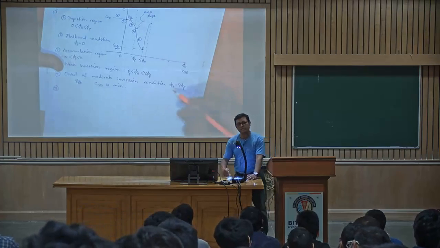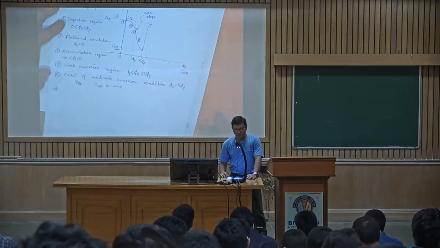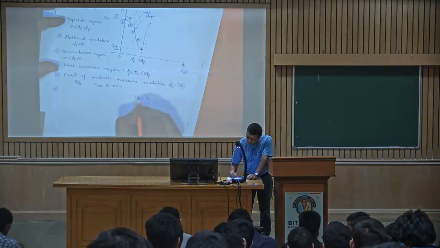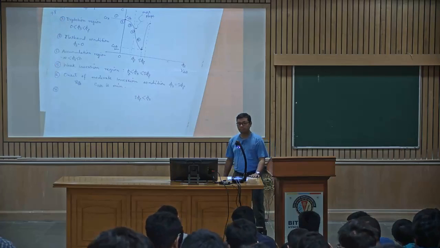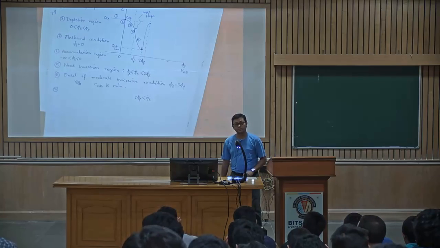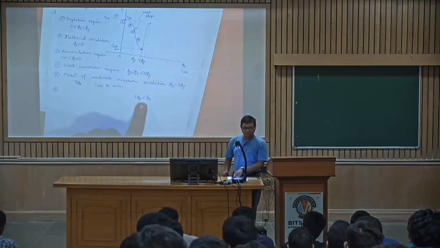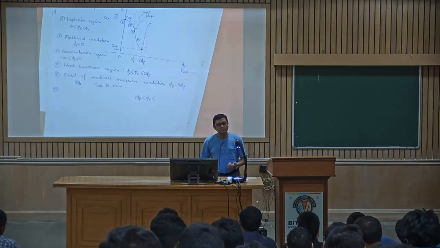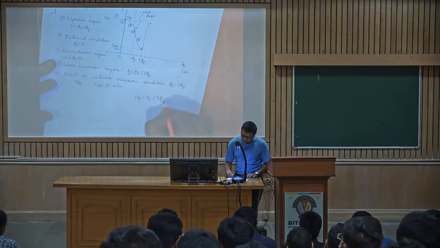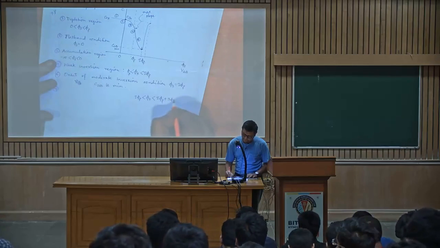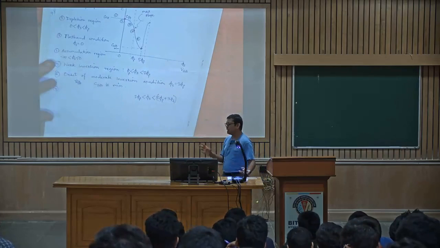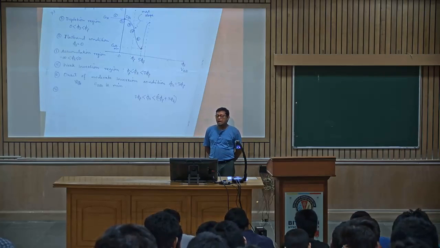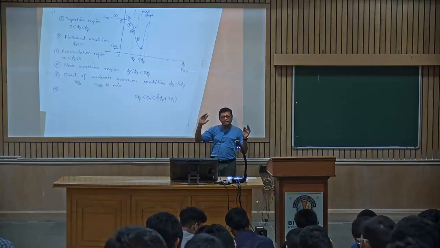Number 7. What was number 7? Phi s will become greater than 2 phi f. So I'll just put phi s greater than 2 phi f, beyond that condition. Now, phi s greater than 2 phi f up to how much? Is it infinity? No. So we will put 2 phi f plus 3 phi t, roughly 3 to 4 phi t. It depends on the applications, of course. Roughly we'll take 3 phi t. Why is this 3 phi t so important in our analysis